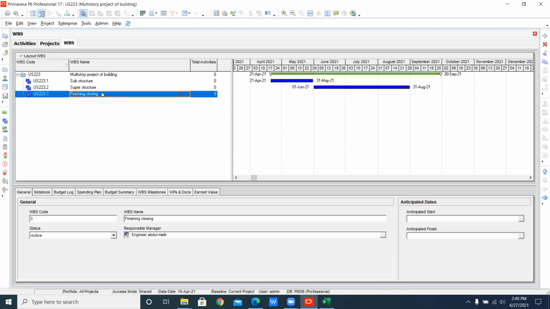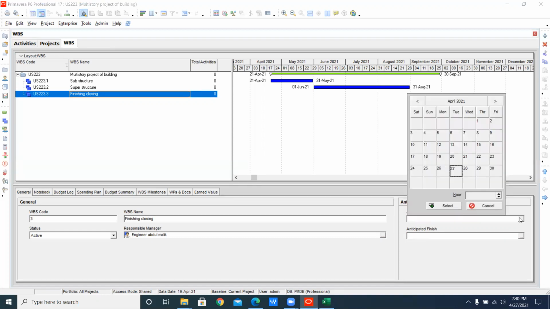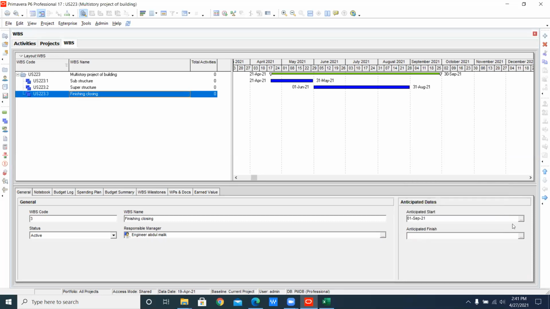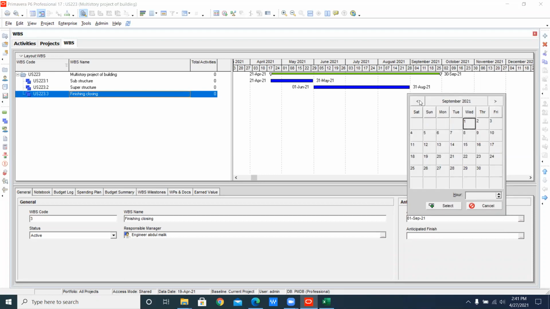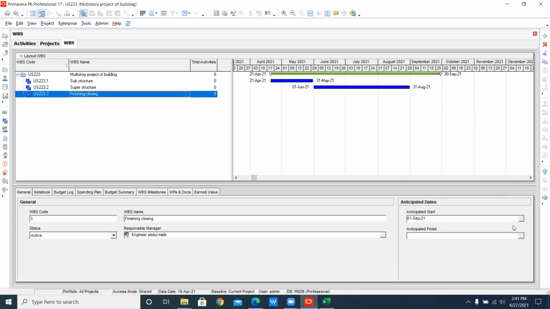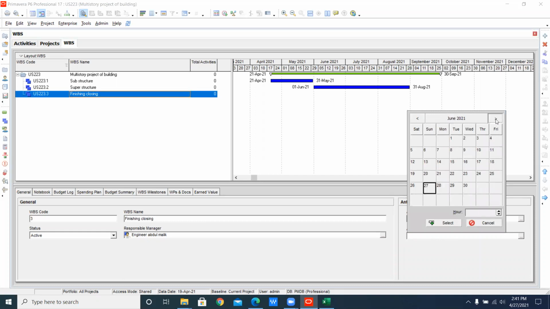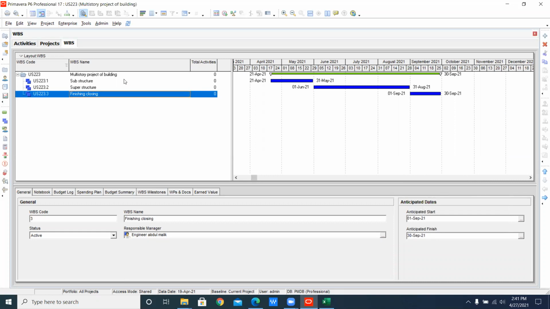We will make the tiles. We will make the ceilings. This is in our field. This is called finishing, in the civil field. So just come here, and here is August, and just click here September. That is 31, sorry. Yes, 1 September up to 30 September. It normally takes one month, not more than this, if you have a competent resource, but you have to add more resources for that, and their labor.